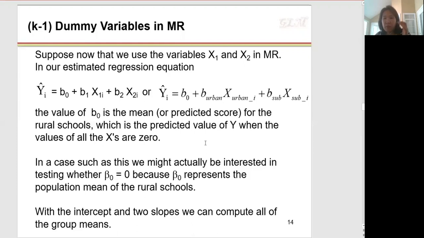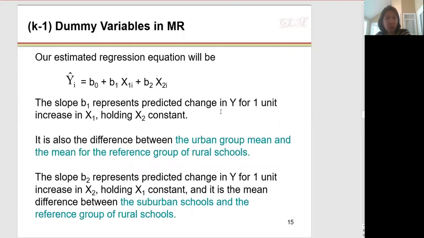So you have B0 for the rural mean. You have B0 plus B suburban for the suburban mean. You have B0 plus B urban for the mean for urban schools. Our estimated regression equation will be